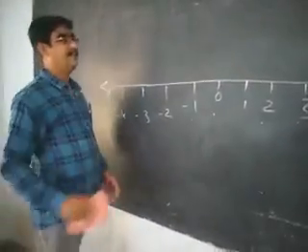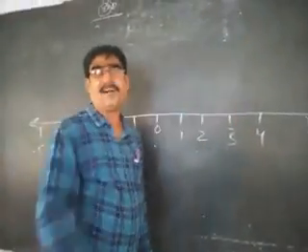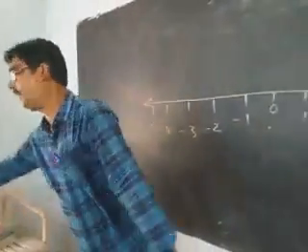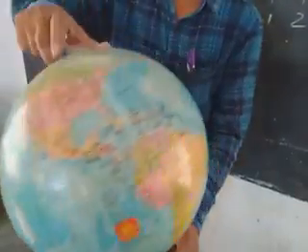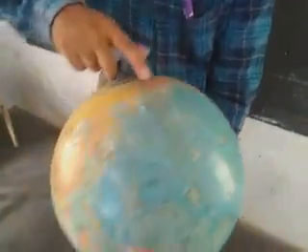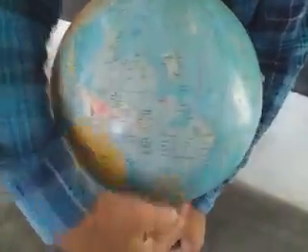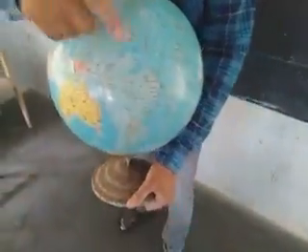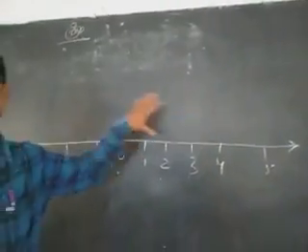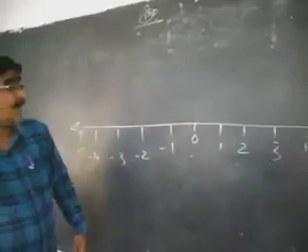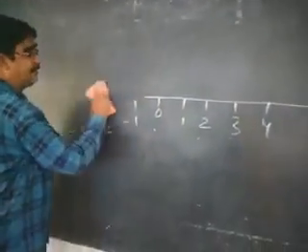If you show the entire world, actually the shape of the earth is spherical, so round in shape. So I have cut the earth and shown it on a plane surface, and it is divided into 24 time zones. Into how many time zones? 24 time zones.